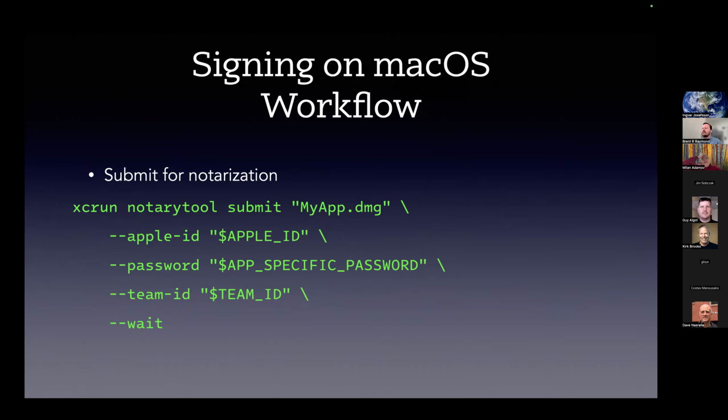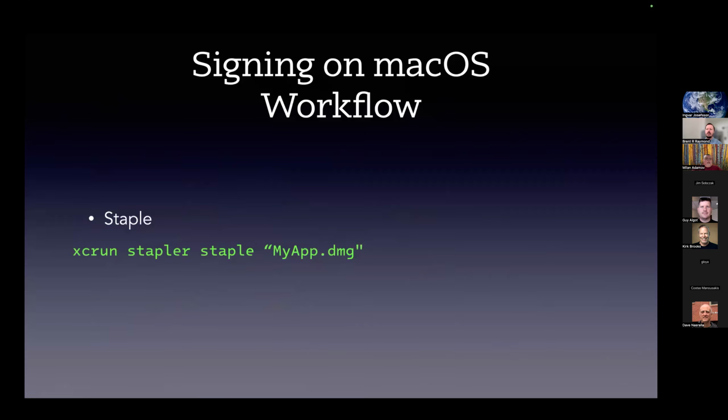There is a third thing. You can go to the App Store Connect site and create some kind of hash on some kind of file, and then use that like a certificate for notarization, something like that. I didn't play with it, but that's also possible. But this is the plain form of how you do it. And to staple it, just like this. So after the DMG is created and notarized, you just call it this way.